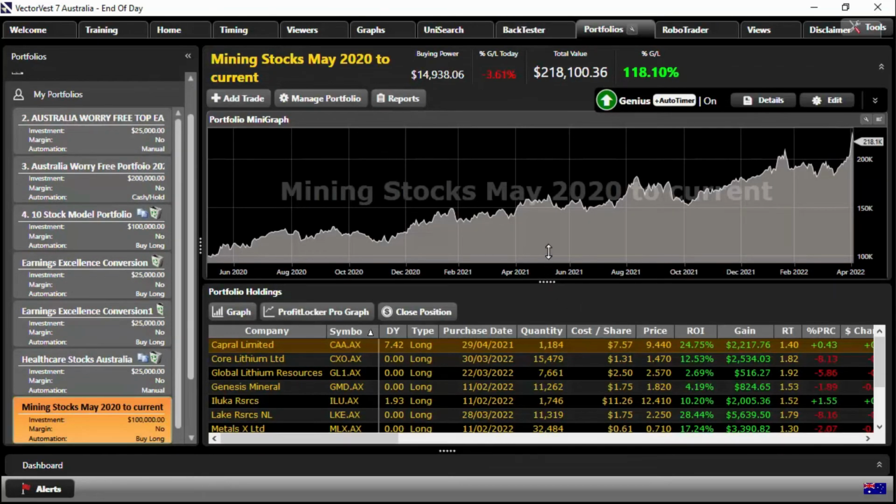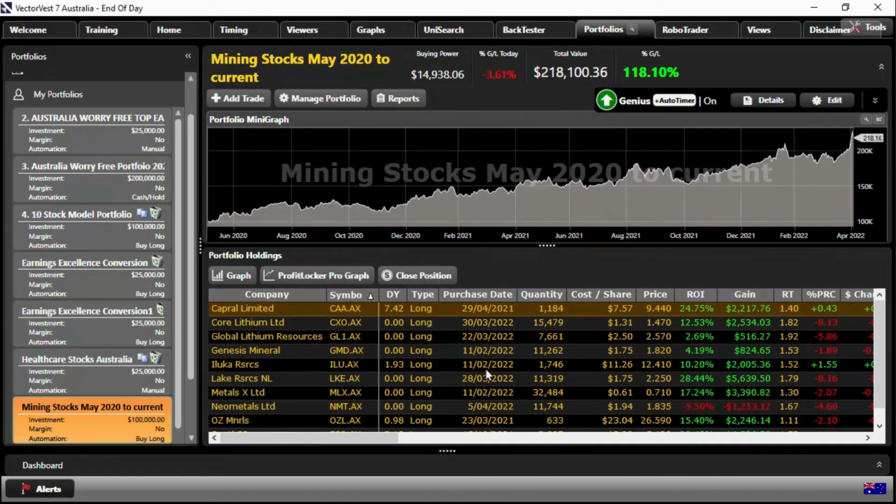And now look at that. I've got it all at my fingertips each and every day. It'll tell me exactly what needs to take place. So as mining continues to boom, we'll keep an eye on the mining stocks using this current risk and money management rule set to see how it performs. And that's the power of VectorVest. You can cash in on certain themes and then construct your type of portfolios and make it really easy and fun to follow.